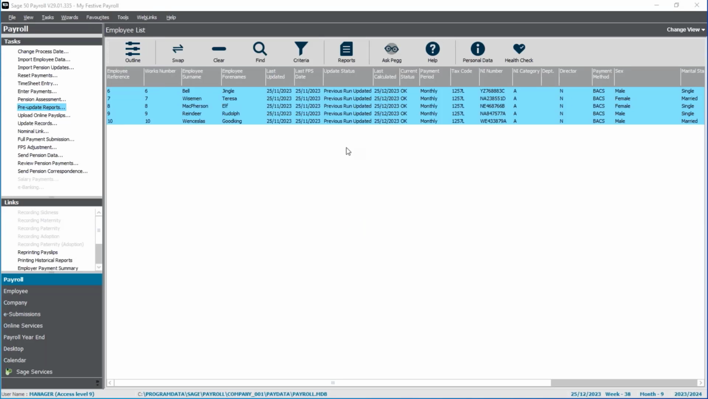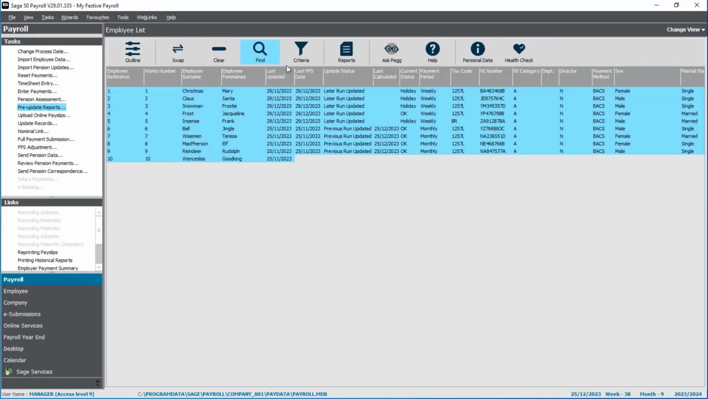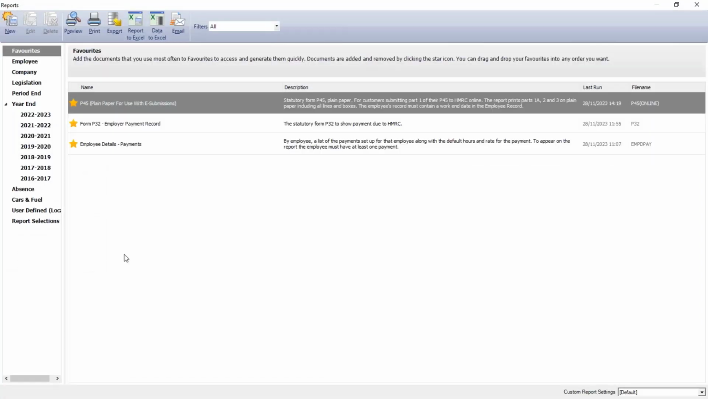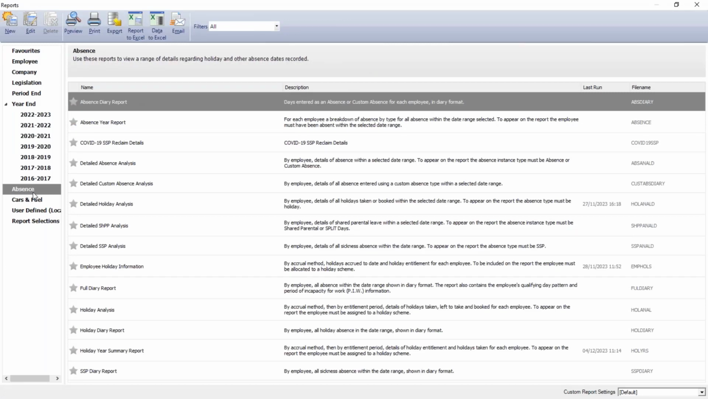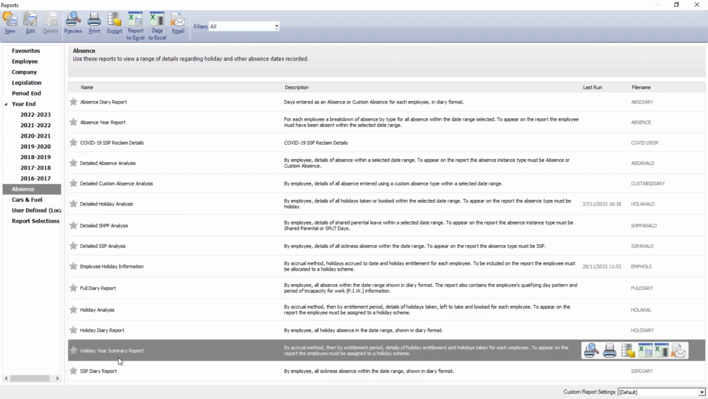And we will start by running some holiday reports. So let's bring all of our employees back. So I've got them all in the holiday scheme. I'm going to click on the reports icon here at the top. And to find any holiday information, just navigate to the absence folder on the left-hand side and look for any report that contains the word holiday. So quite a useful one, I find, is holiday year summary report. And if I just preview that for you on screen,